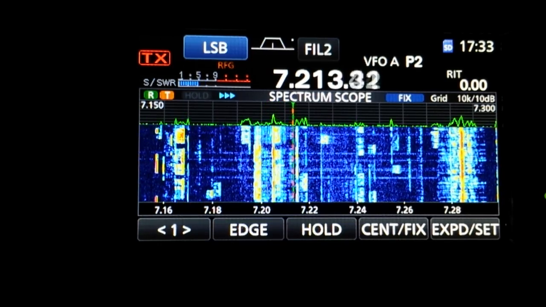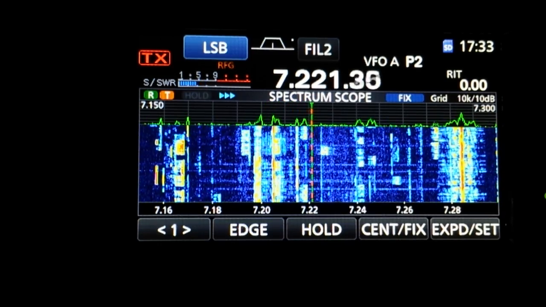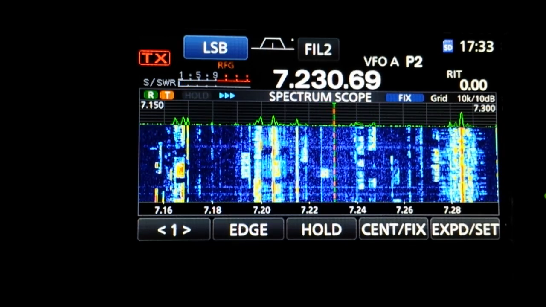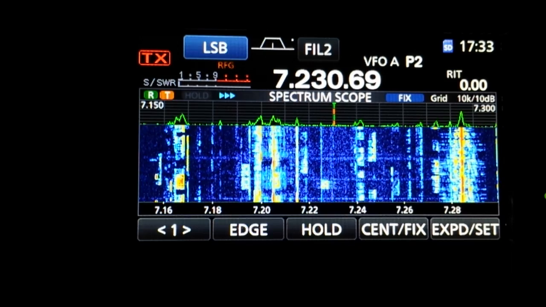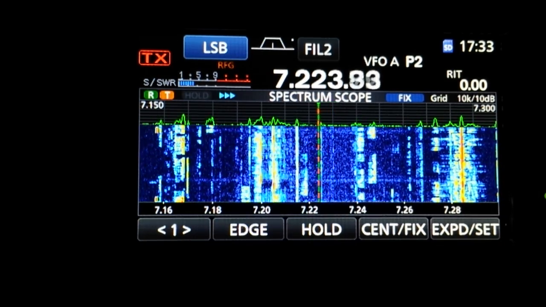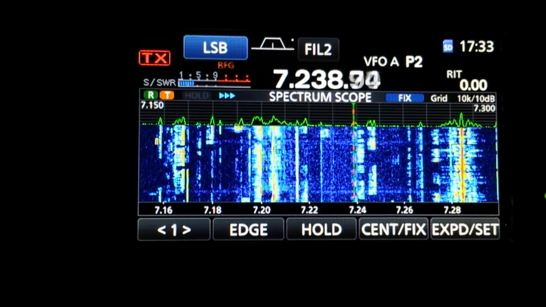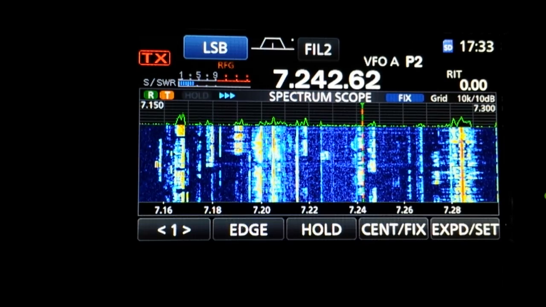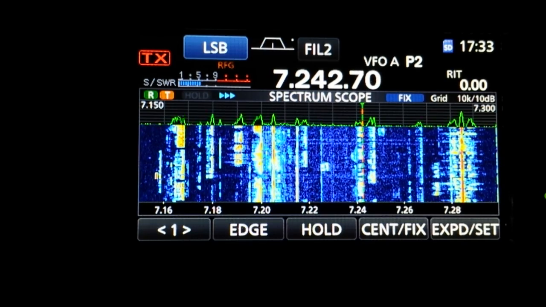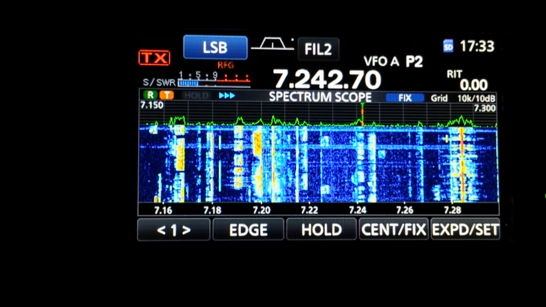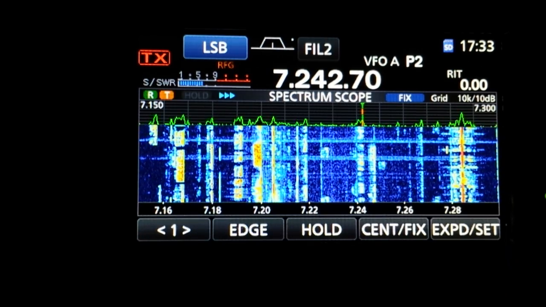And you'll notice your cursor, as you tune, lights up in the waterfall, but when you stop tuning, it goes away. So that way it's not in your way when you're trying to see a weak signal. Like this guy right here, he's going to be somewhere right around in there. And if I turn on my audio again,